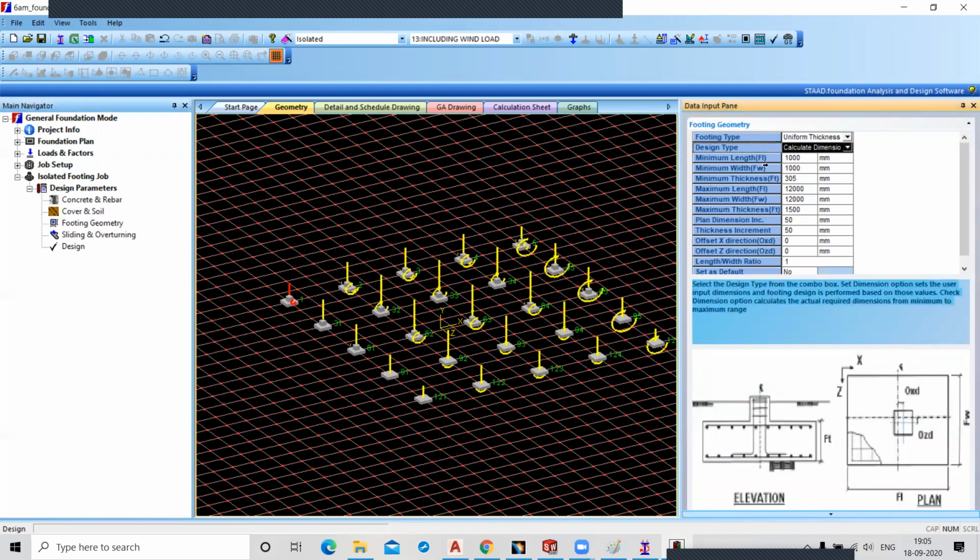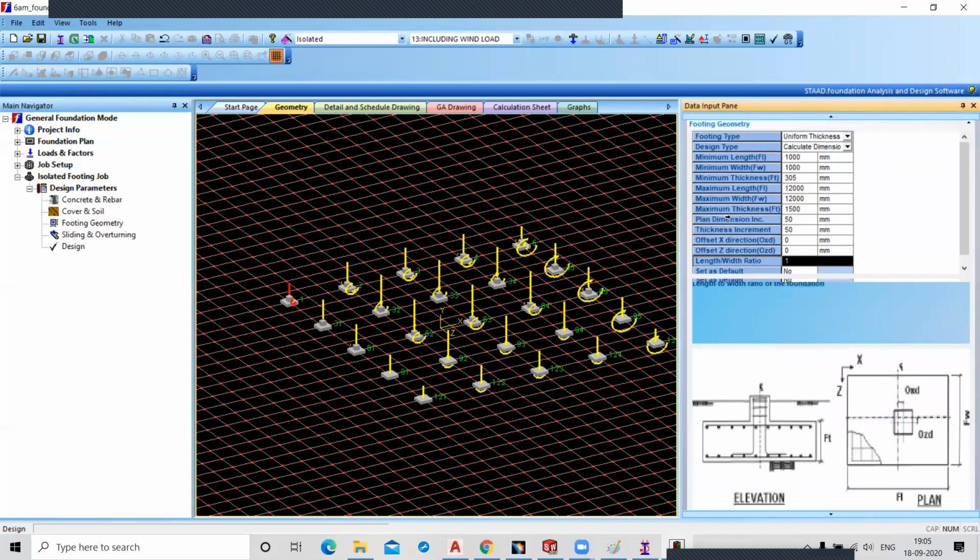Design tab. Minimum length, minimum width, minimum thickness, maximum length, maximum width, maximum thickness, plan dimension, thickness increment, offset in X or offset in Y, right? Yes. This is your data input type.